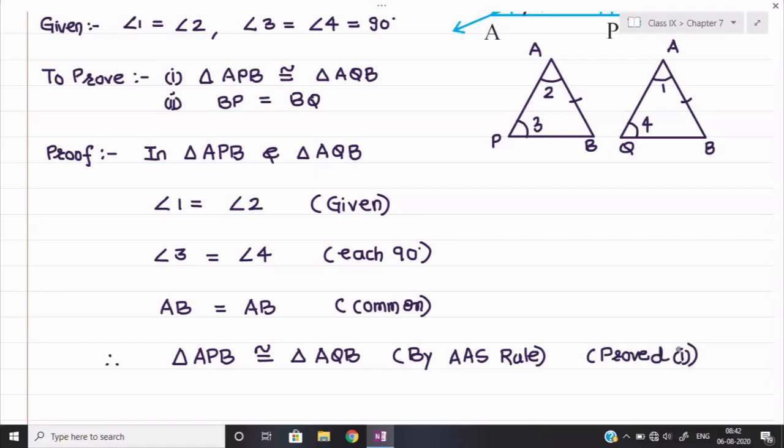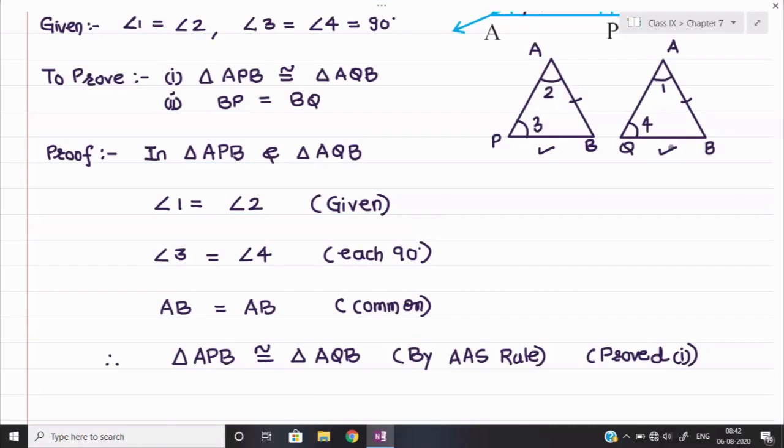We know that when two triangles become congruent, their remaining corresponding parts will also always be equal, whichever the remaining corresponding part. So now you observe the two triangles which are congruent, one of the remaining corresponding parts is BP and BQ. So we can say that these two corresponding parts will also be equal. Similarly, we can say AP and AQ are also equal. Okay, so the remaining angles also we can say are equal. But we require here only BP and BQ, which is one of the remaining corresponding parts. So we'll say that that is also equal.